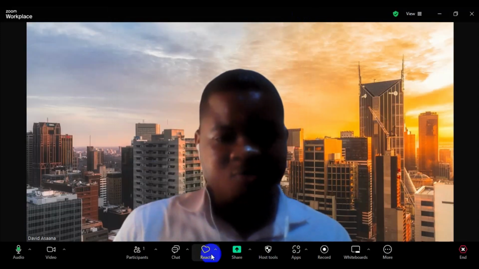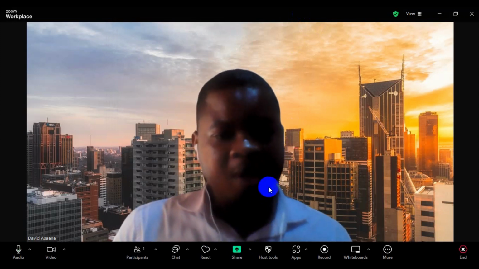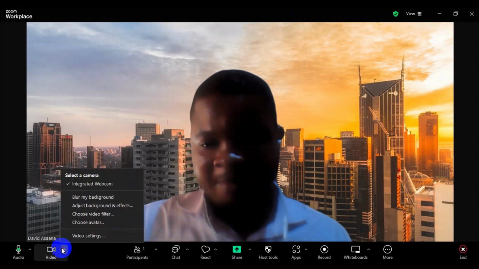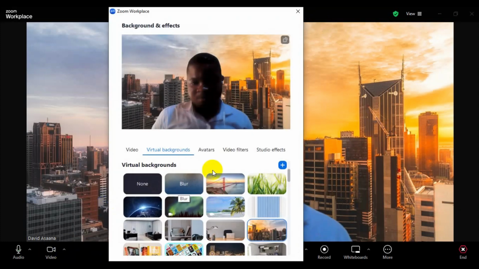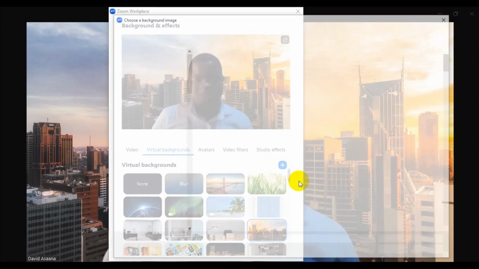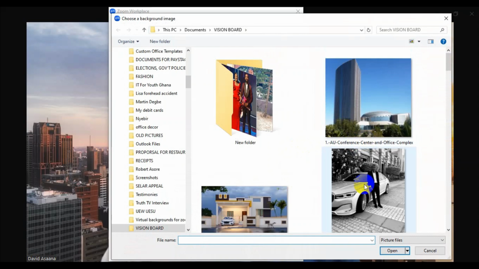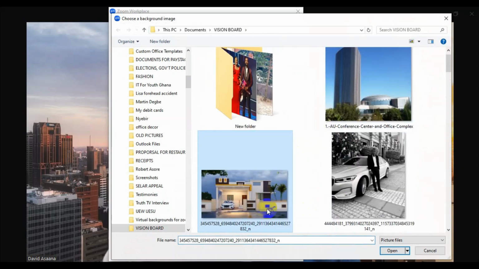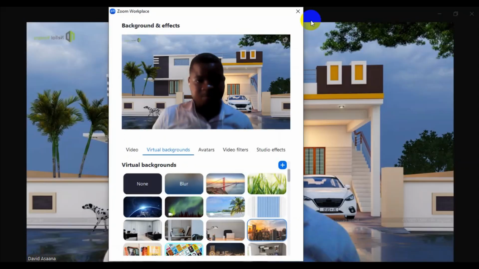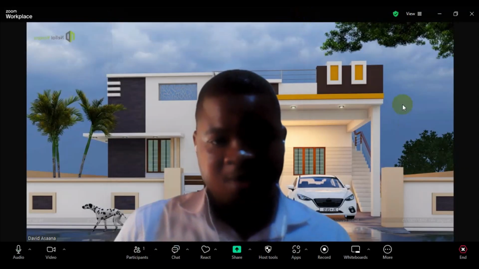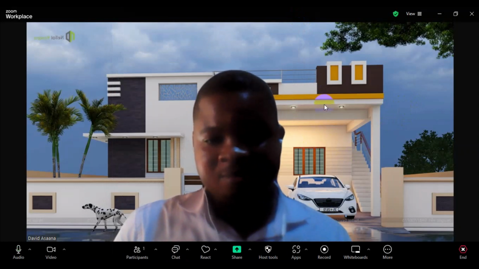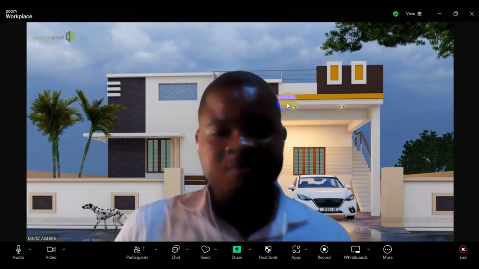Now, if you don't want it and you also want to add your own, maybe you want to add your own picture, you can still come back and then click on the plus button. You want to add your own image or your own video. I want to add an image here. So let's say I want to use this one. So you see, yeah, so that is how you can add a background,